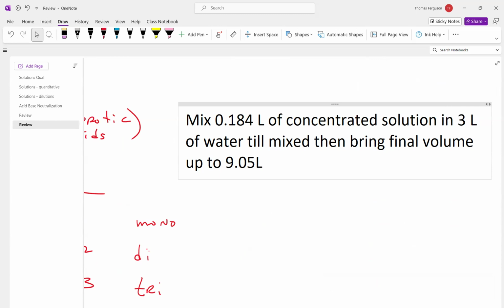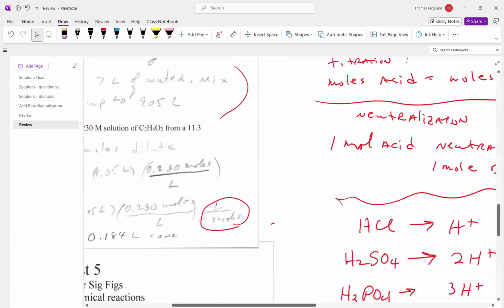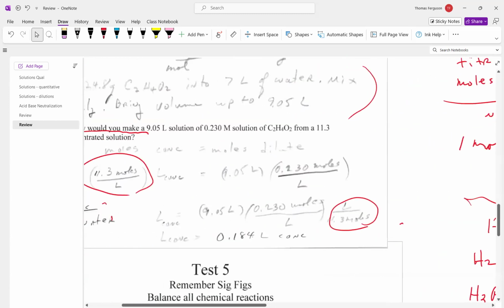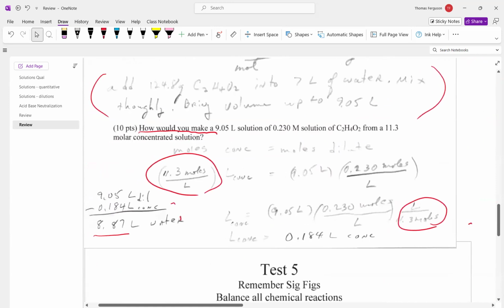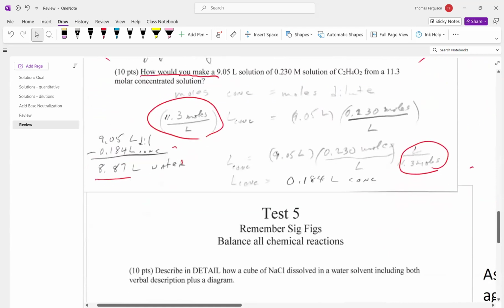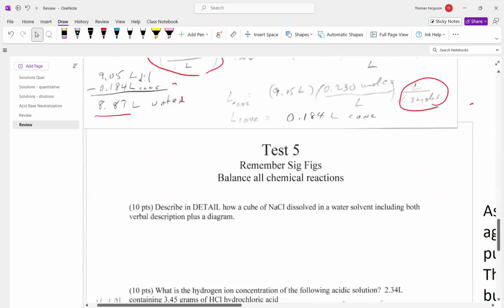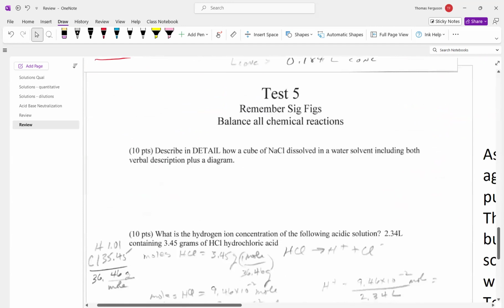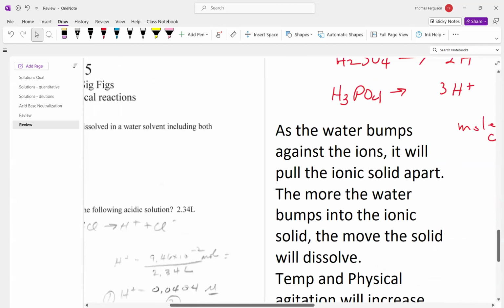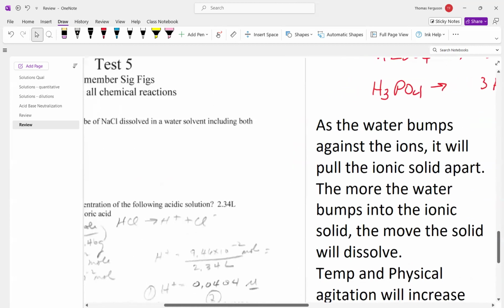I want directions. Okay, describe in detail how a cube of sodium chloride dissolves in a water solvent, including both verbal description plus the diagram. Okay, here is the verbal. But before I talk about that,